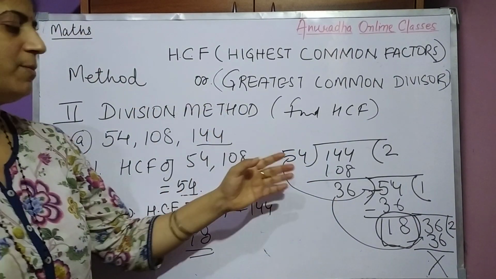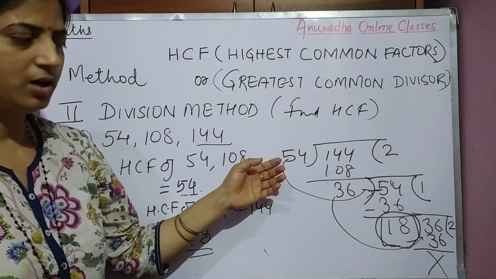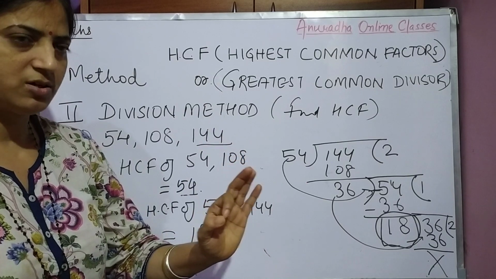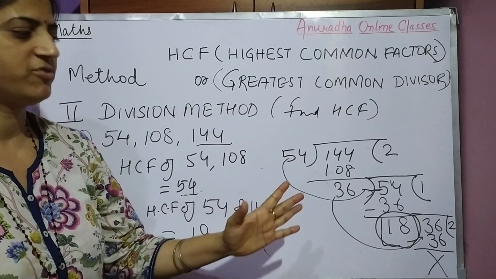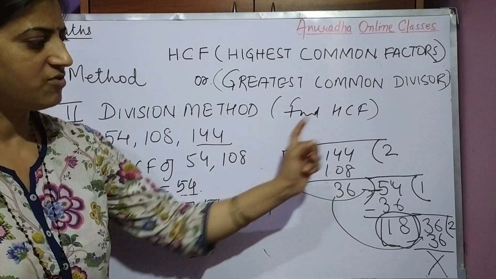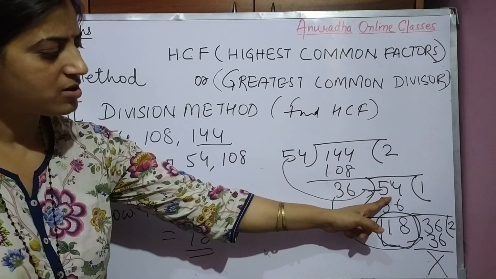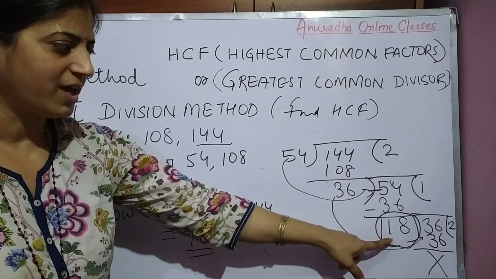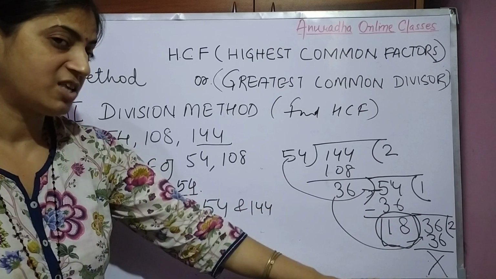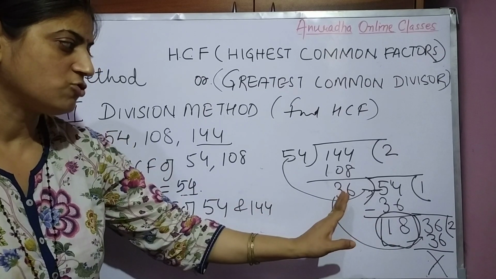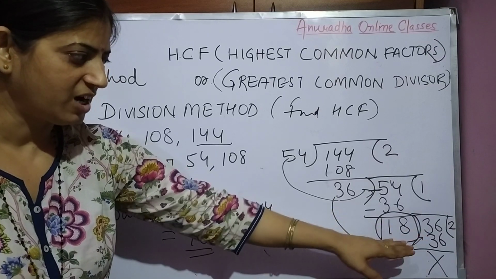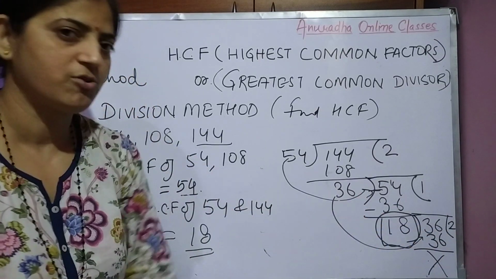Only one thing you have to keep in mind. If with the divisor we get 0 as the remainder, then that divisor becomes the HCF. With this 54 we got remainder 36. Then with 36 this divisor becomes the dividend. Now we divided again, what will we get? 18. Again we got a remainder. We got a remainder, which means for the next step this becomes the divisor. Then this remainder will come to this side. Now 18 2s are 36 and we get remainder 0.